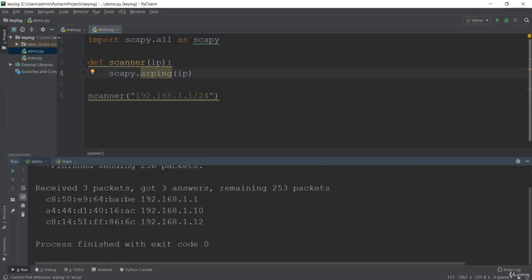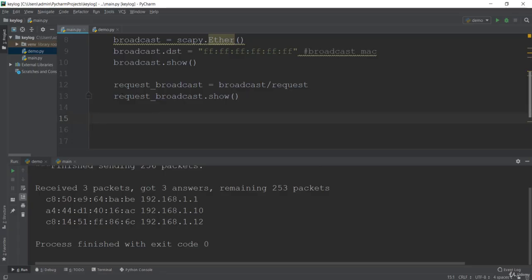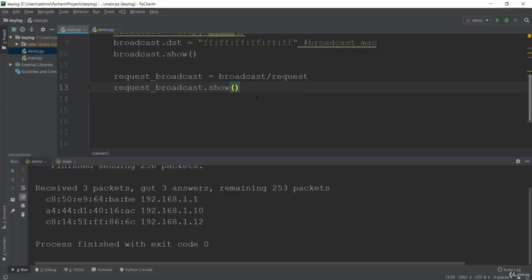So you can also see here we have to now send this packet. We have already created the packet. Now we have to send this packet to the broadcast MAC address so that it will get every ARP response from the clients. To do that, we first have to use some method of Scapy.